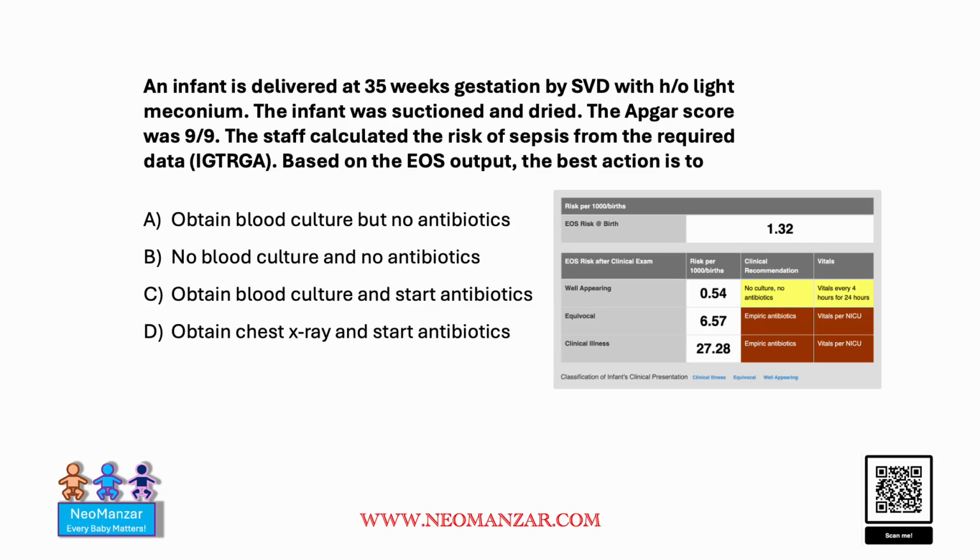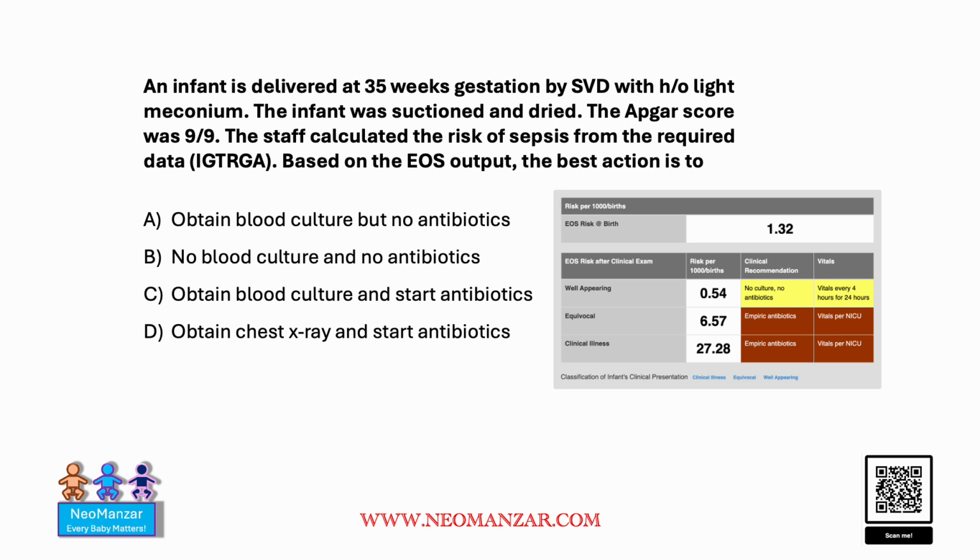So we have an infant here who's delivered at 35 weeks of gestational age by spontaneous vaginal delivery with a history of light meconium. The infant was suctioned and dried. The Apgar score was 9 and 9. The staff calculated the risk of sepsis from the required data, and this is the abbreviation which will show in the next slide. And based on the early onset sepsis output, which is displayed here, the best action is to